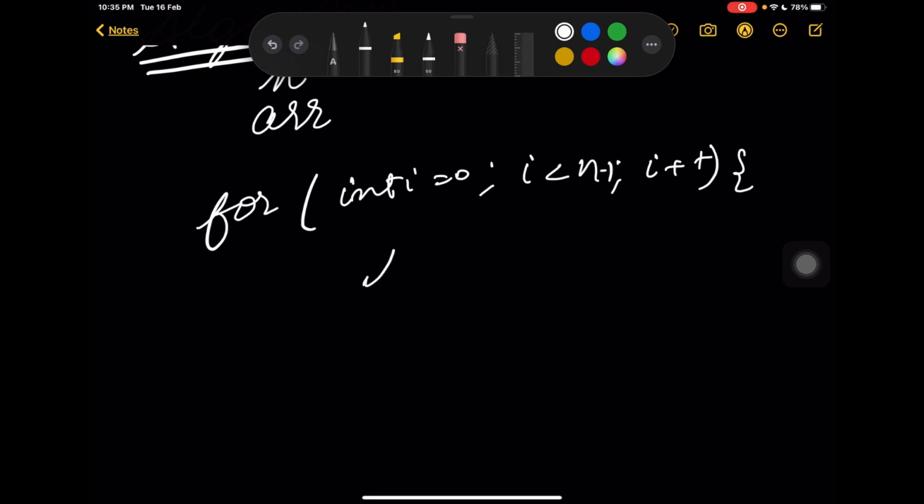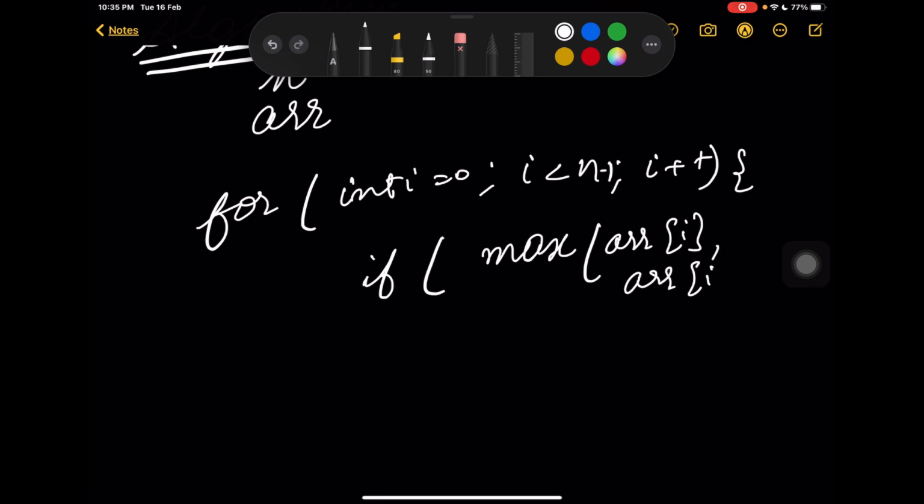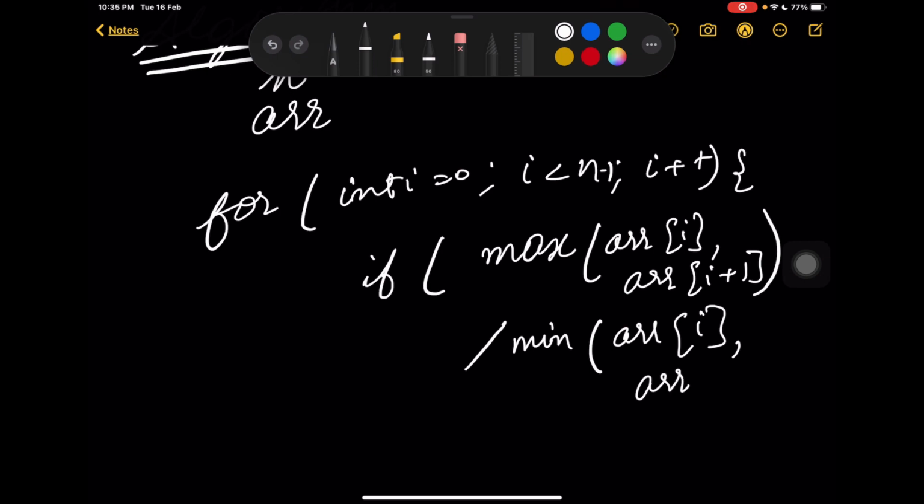So I'll check if max among array of i and array of i plus 1, divided by minimum of array of i comma array of i plus 1, is greater than 2,